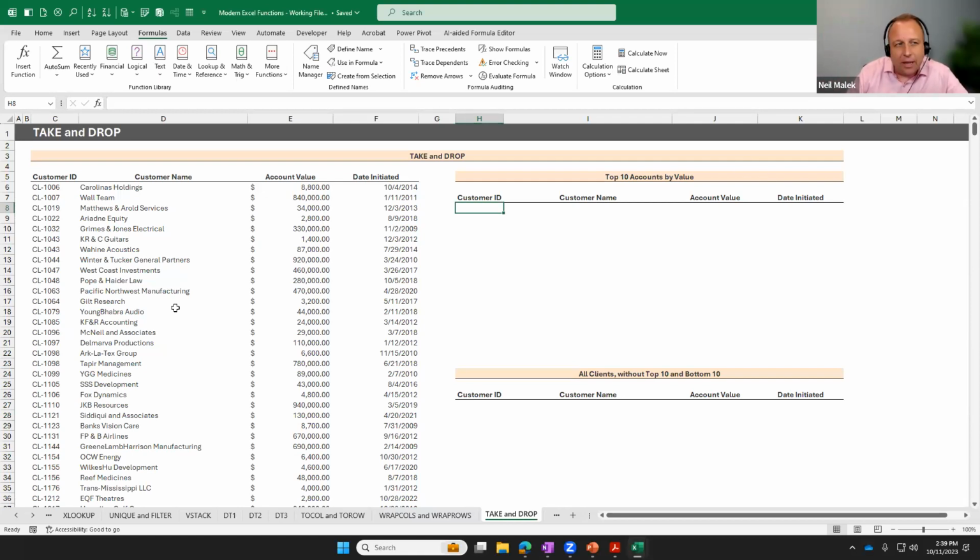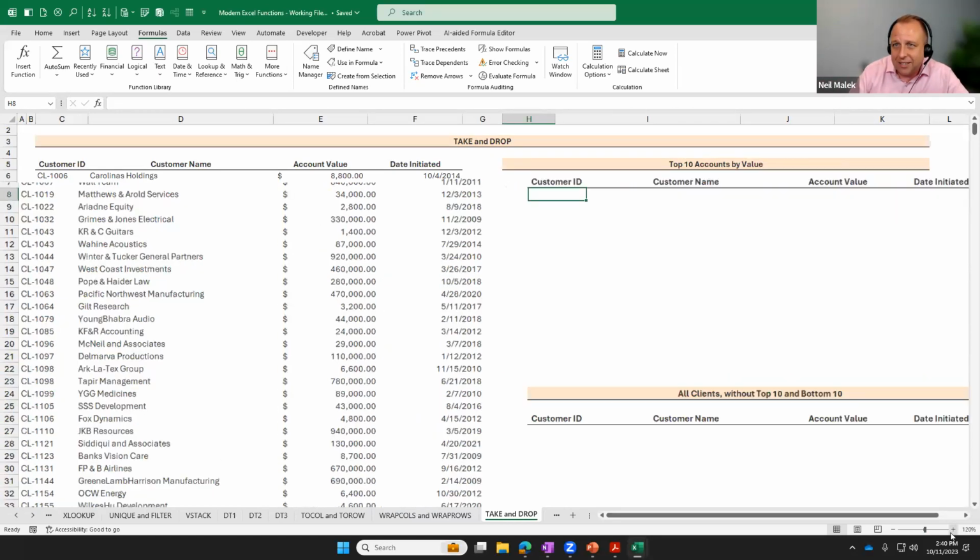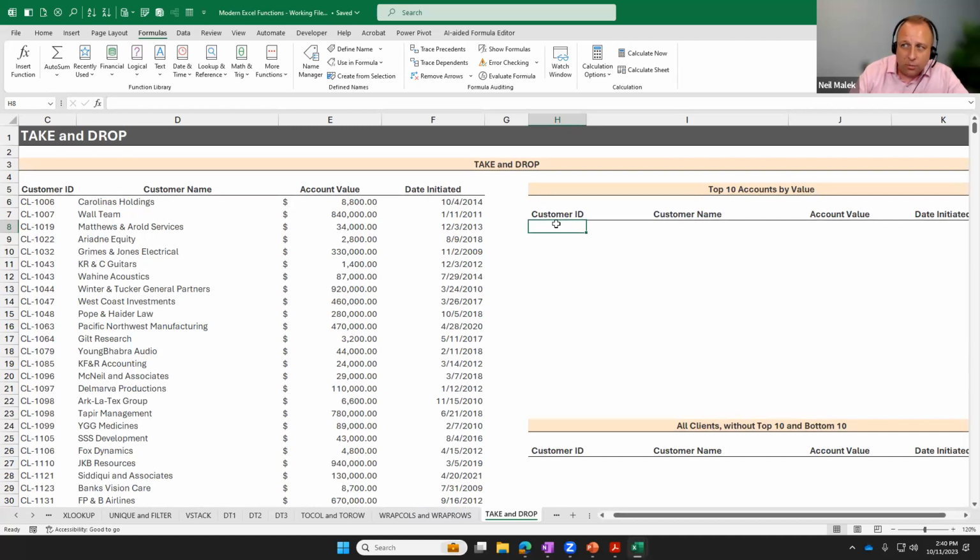Take doesn't have like a max function built into it or anything like that. So what we have to do is we have to use the sort function to tell it what order those values need to be in. So again, I'll write this out longhand because I like this. I just like the way that it auto completes for me. I'm going to use =TAKE to take the top 10 rows. But how am I going to get the top 10? What does that mean? Well, here I can sort